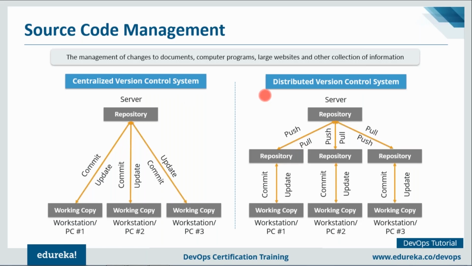Let's talk about the distributed version control system now. These systems do not necessarily rely on a central server to store all the versions of the project files. In a distributed version control system, every contributor has a local copy or clone of the main repository. That is, everyone maintains a local repository of their own, which contains all the files and metadata present in the main repository. As you can see in the diagram as well, every programmer maintains a local repository, which is actually a copy or clone of the central repository on their hard drive.